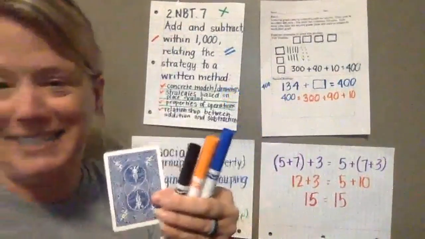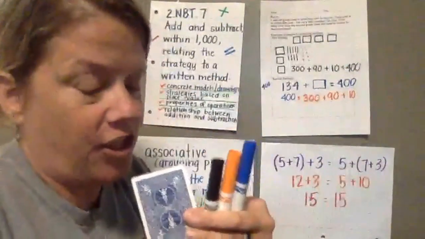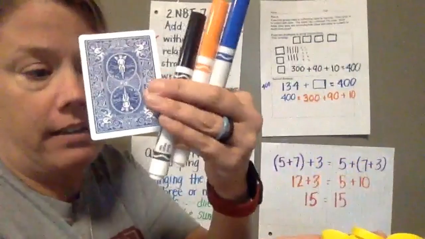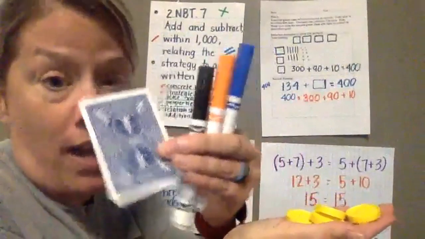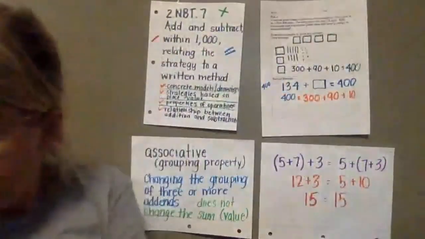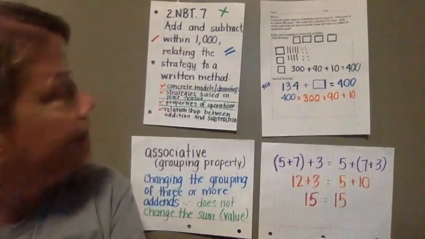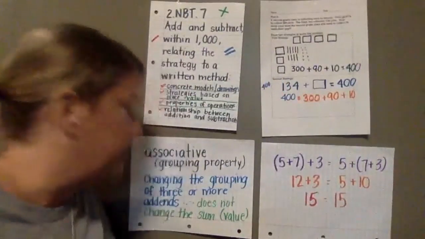If I can hold these up. That's 130. Oh, other side. Miss Street, you can do this. No, over here. So 134 cans. That's my concrete. Okay. And we played with that yesterday. So there it is. So I have 100